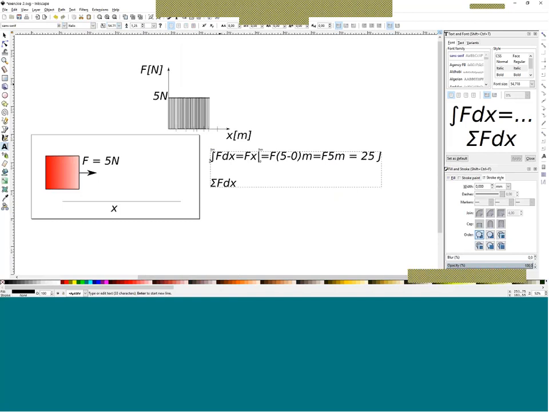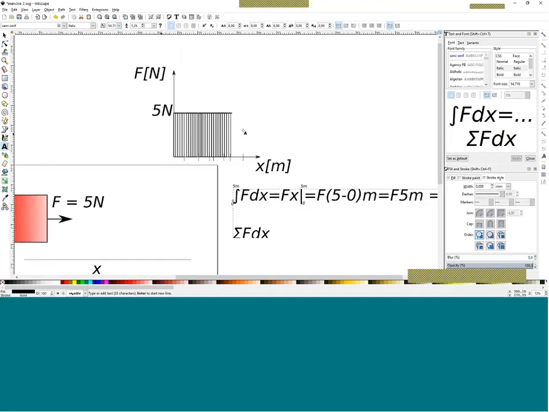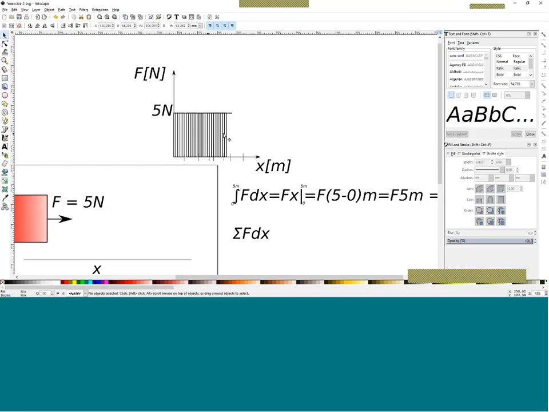So what we've done here is found another way to find the area underneath the graph. And in this case, when we have a graph of force and distance, the area underneath the graph is representative of the work done. Now, this was an overly simple example. I think you guys didn't need an integral for this. This was actually, in my opinion, more of a waste of time. But there are cases where this is not as simple as a square.